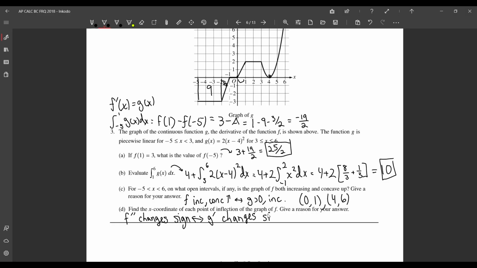Oops, can't spell today. So we just look at the graph. So here g prime is 0, and then it goes positive, and then it goes 0, and then it goes positive, and then it goes 0, and then it goes negative. So all these points where it's going to 0,